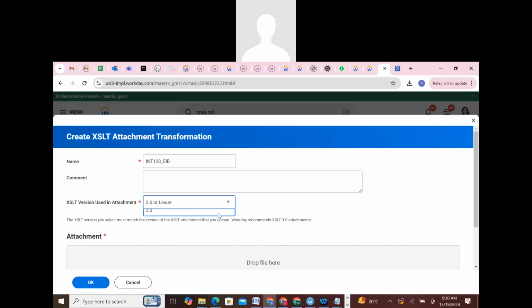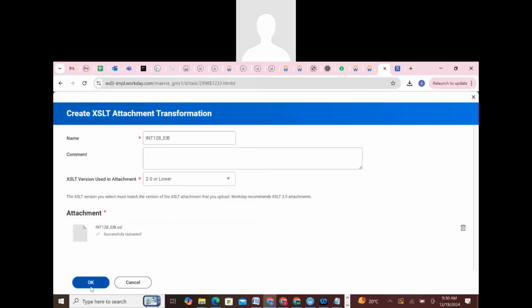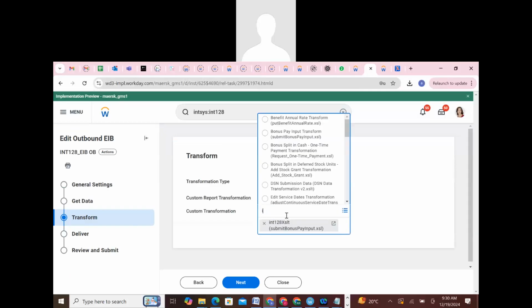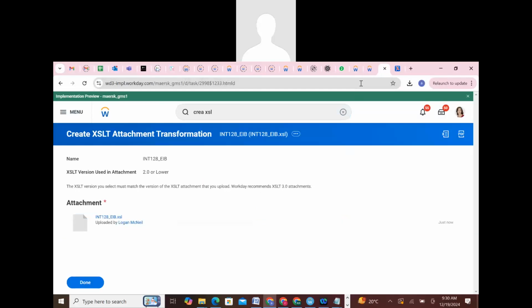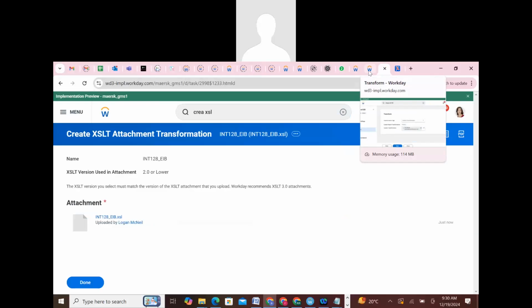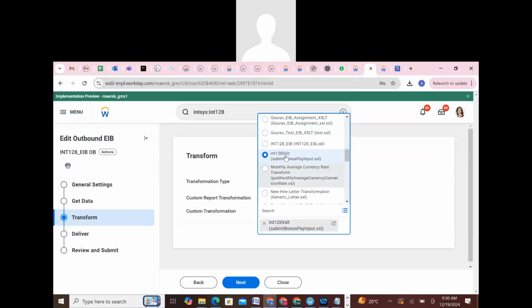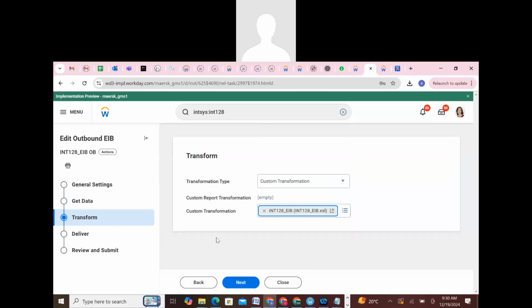It's 2.0. Select it, click OK. Then we can come back to here, INT 128 EABX. This is the one, guys. So next,